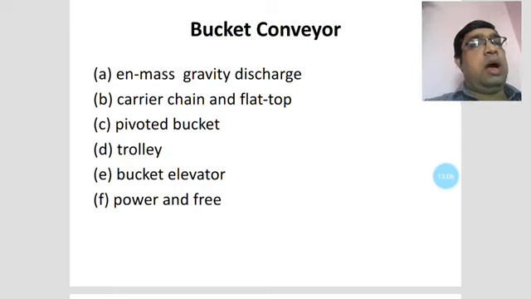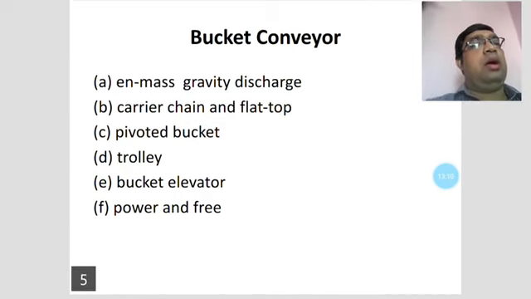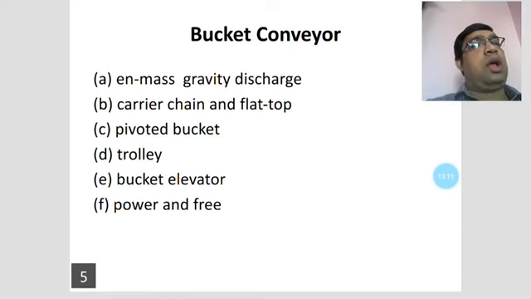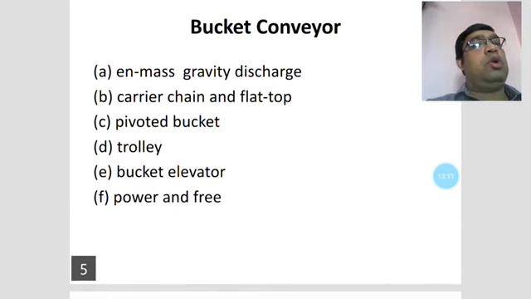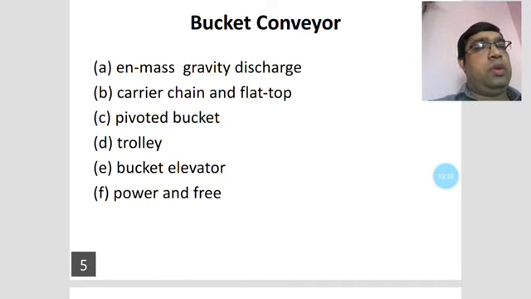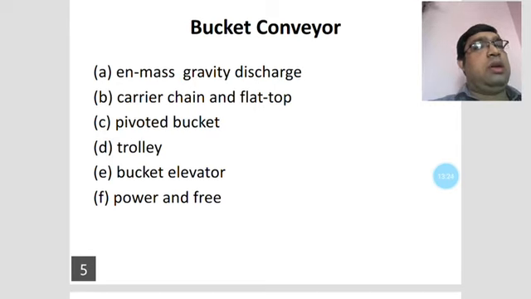and the trolley-type conveyor is basically used at different types of railway stations and airports, and sometimes we have to say that in shopping malls also trolley-type conveyors will be available, and these will transfer materials from one place to another place, and the